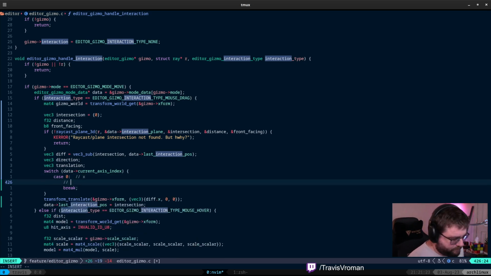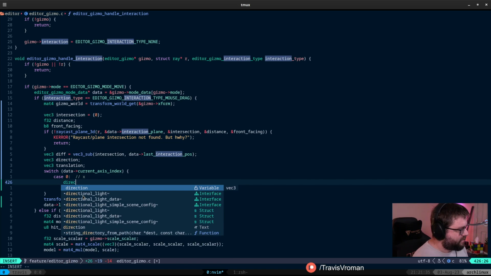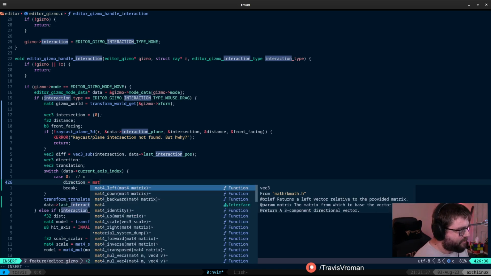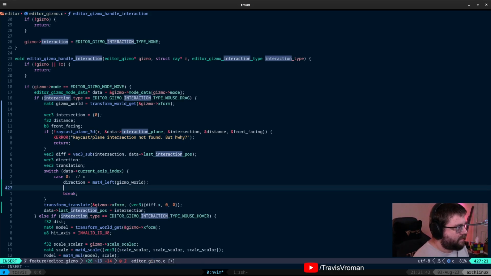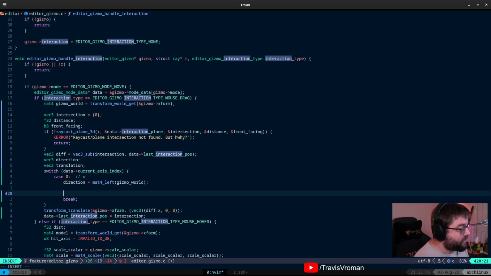And what we're going to do here within X is generate our direction and translation. So the direction is pretty straightforward. Direction is equal to mat for, in this case, we actually want left, and we're going to pass the gizmo world. And then for the translation, we're actually going to perform a projection. So we're going to take the diff, and we're going to project that diff onto our direction vector. And what that'll do is give us a sort of magnitude of movement for us to be able to